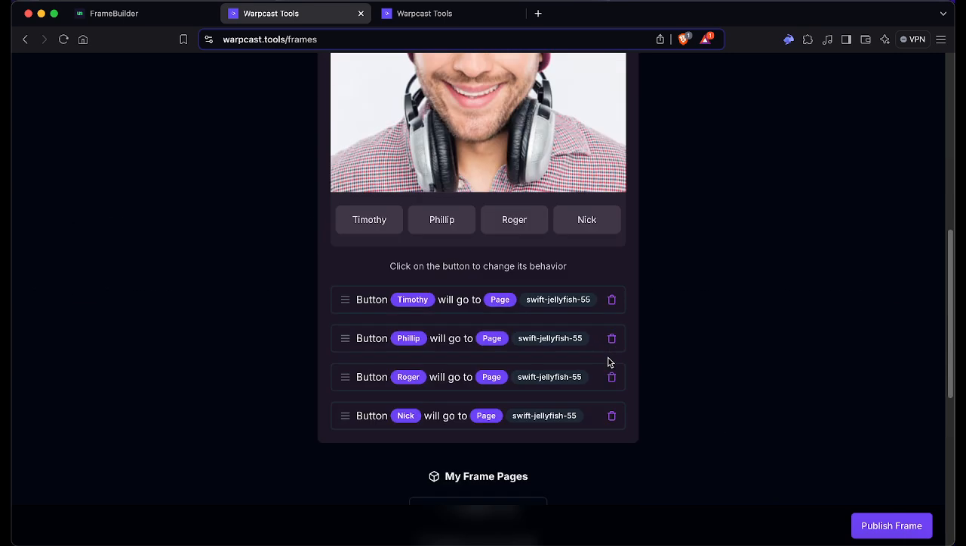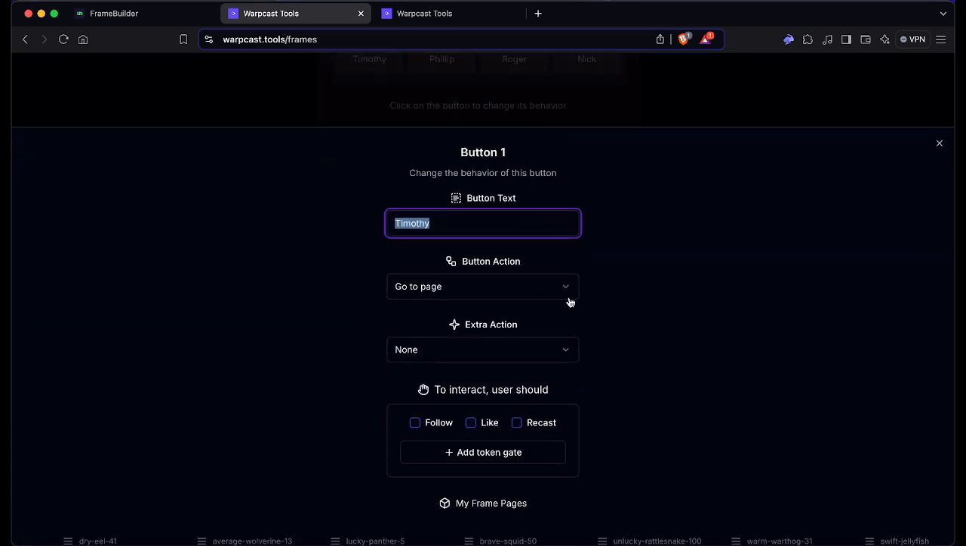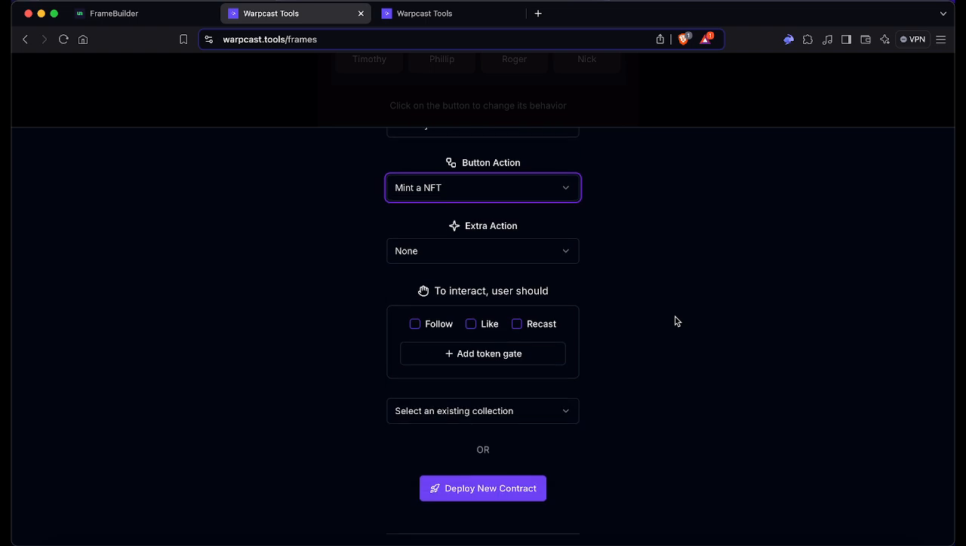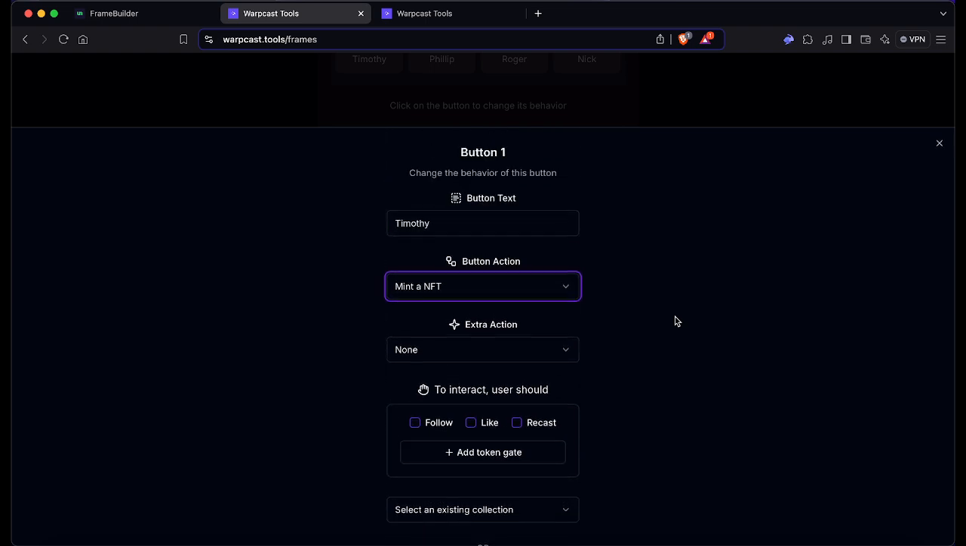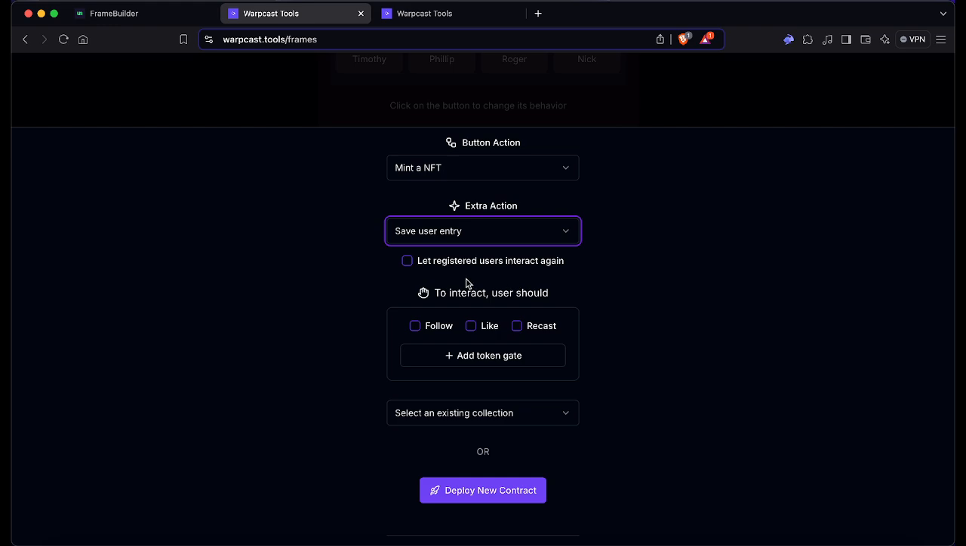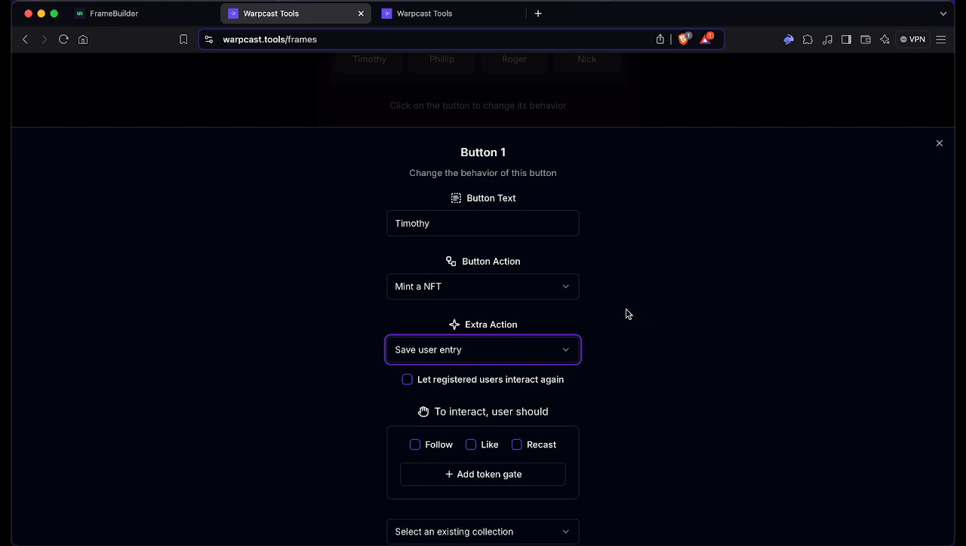And this will be a little bit different for Timothy. Timothy will not just go to the page. Timothy is going to mint an NFT. And this NFT will be the one that essentially proves that you passed the quiz. So by holding this NFT, you'll sort of have proof that you have completed the quiz successfully. And essentially it means that here we will go save user entry, as people will want to mint multiple times, so we need to save this user entry to make sure that they can't